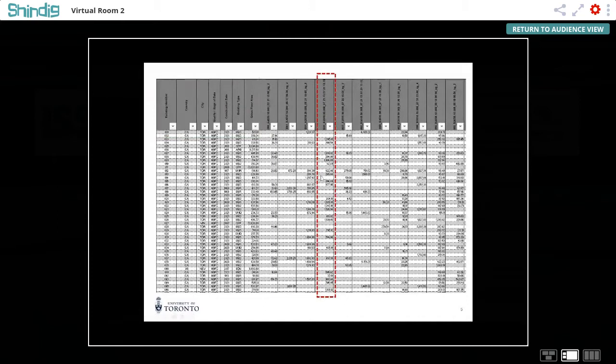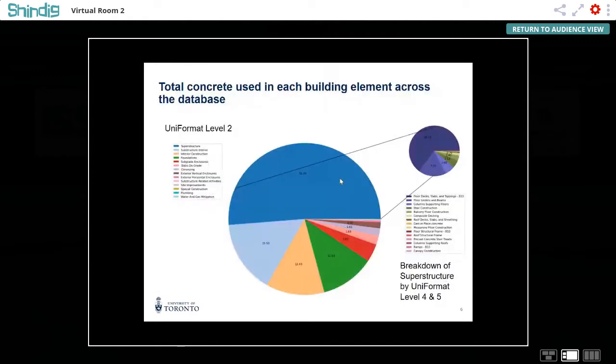Every takeoff in this view is in terms of kilograms, and for this particular column, for example, this is the amount of thermal protection on the subgrade walls in the basement of these buildings. Thanks to the data structure, we can aggregate building material information at multiple levels, such as in terms of the materials that are used, or the function of the elements, or a combination of these two.